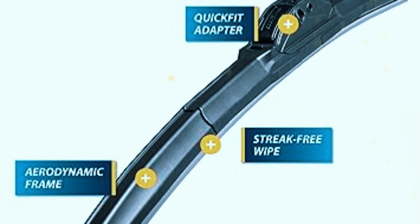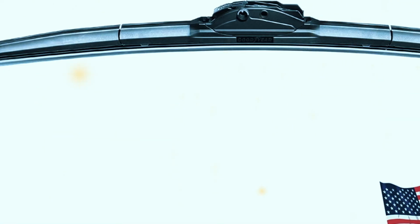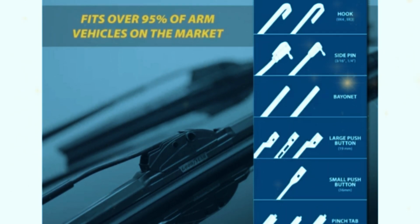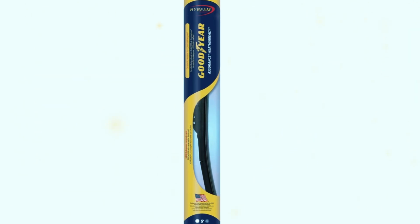It also features an aerodynamic design that reduces wind lift, keeping it firmly pressed against the windshield at higher speeds or in windy conditions. Crafted from premium synthetic rubber, the wiper blade is built to withstand wear and tear from harsh elements, which extends its longevity. This material stays flexible in cold weather and resists damage in heat, making it perfect for extreme temperatures. The 16-inch size is compatible with many vehicle types, especially for those who need a wiper that can handle diverse